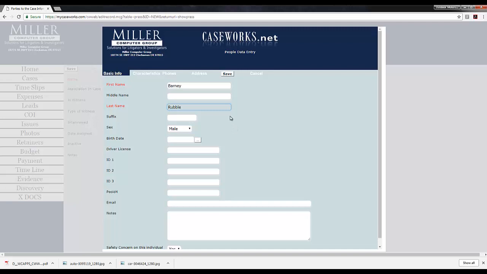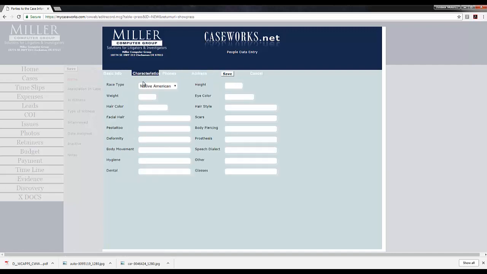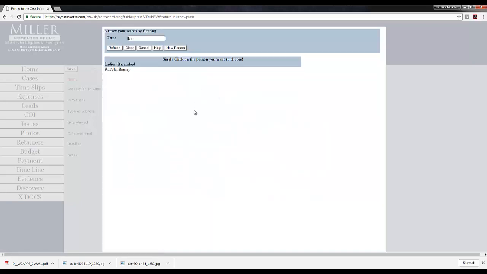Now, if you have any information on Barney, like maybe you might have a phone number on him, then you want to record what you have, so that you can actually contact him at a later date. So we can also record an address if you have that. If you don't, worry about it, press on. If this is a defense case where you want to talk about specific characteristics, this is where you record that as well. So simply at this point, hit the save button,